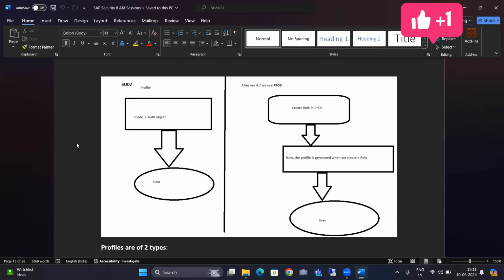हम PFCG T-code use करते हैं role create करने के लिए। पहले पूरी coding करनी पड़ती थी, और 4.7 के बाद SAP ने एक template बना के दे दिया। अब हमें role में T-code और auth object maintain करना होता है, जहाँ पे सिर्फ हमें T-code और auth object add करने हैं।